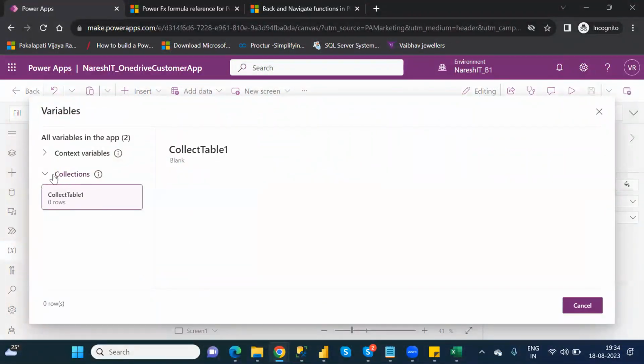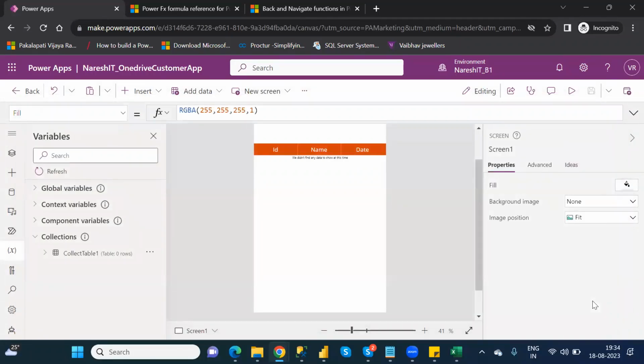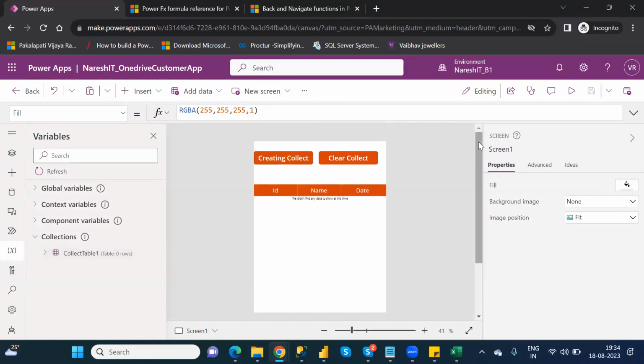See, there are no records available. Whenever the records are available, only at that time will it show. But the table itself is available. Understand clearly or not? Okay. Suppose, for example,